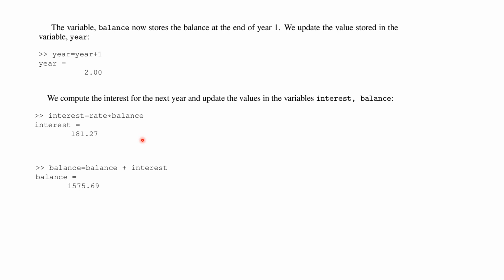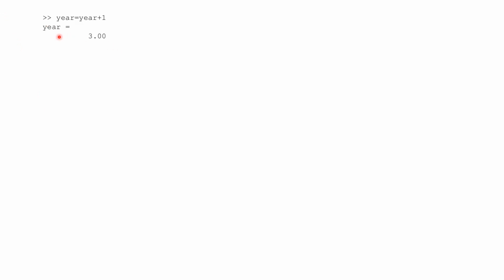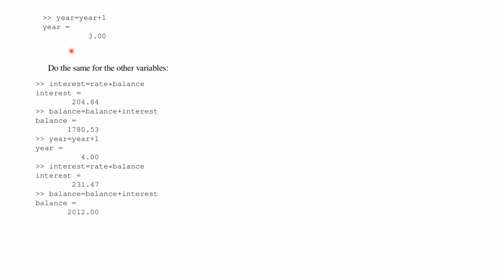Then once we've got the new interest, we update the balance. We update the year, and then we carry on in this way, computing the interest, adding it to the balance. So we update the balance for as long as we require. We want to go to year 4, and then we get the balance after 4 years, and we can then confirm this. The interest rate was 13%, 0.13, and so the